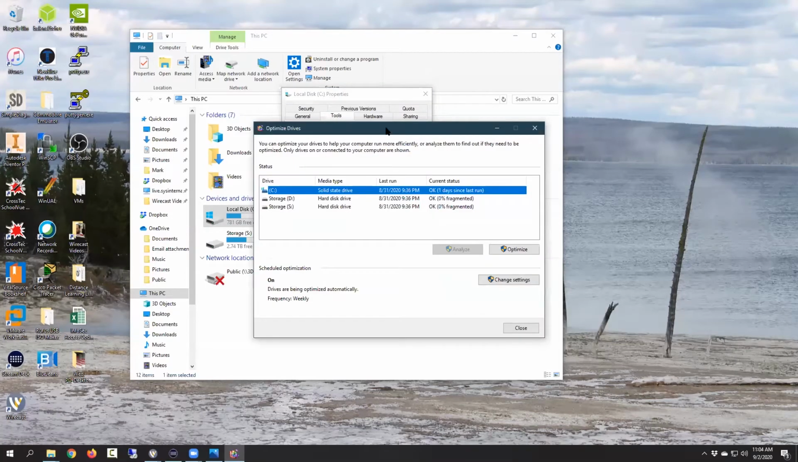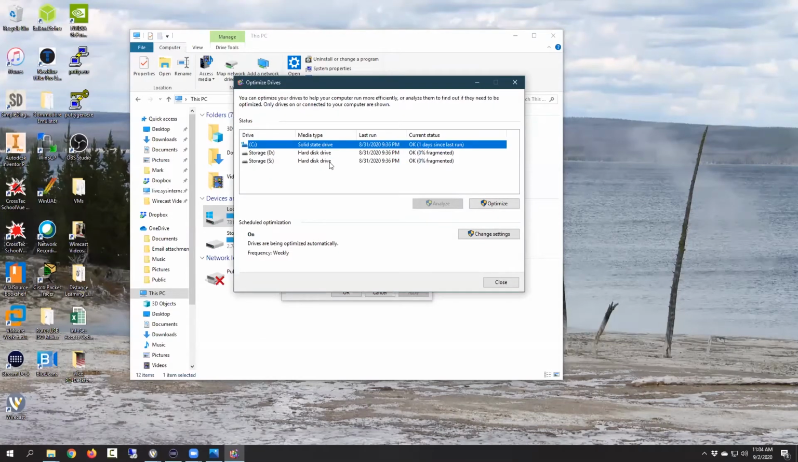So if I click on optimize, these are my drives. Windows usually does this automatically in the middle of the night. But if you go to work, or you use your computer and you always turn it off, then you're not giving Windows a chance to defrag or optimize your drive. And this can make a radical performance difference. Now, notice they called it optimize now instead of